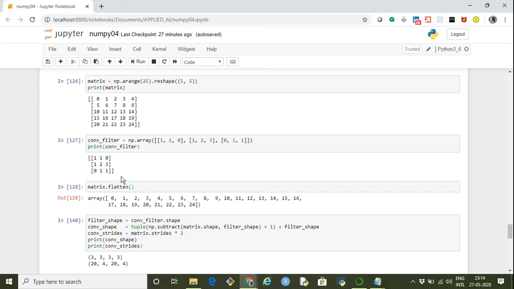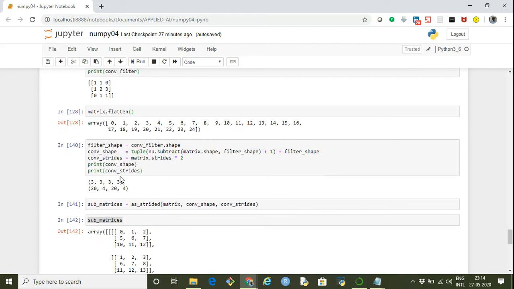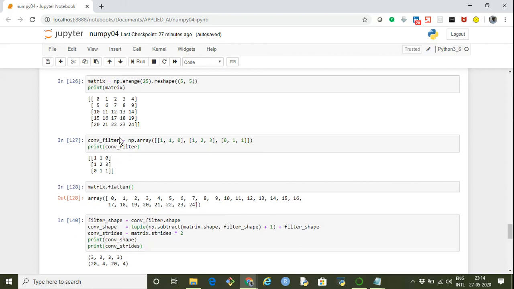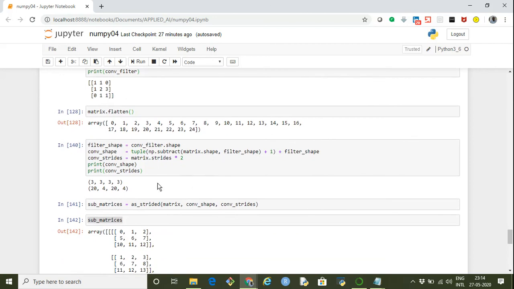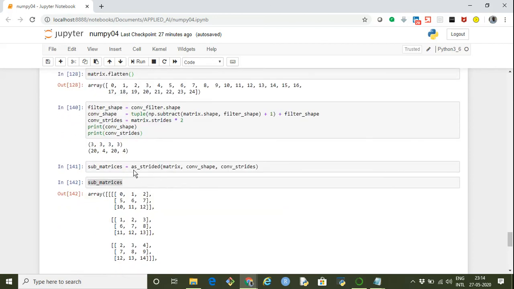That kind of thing we can do by using the combination of einsum and the strides trick that we learned earlier. Just for ease of understanding, we are simply flattening this matrix to see what its elements look like once flattened. Now, as we know, in the as_strided function we have to give the base matrix on which we have to apply it. So we give the matrix. Then this is the shape of the output that we are looking for.